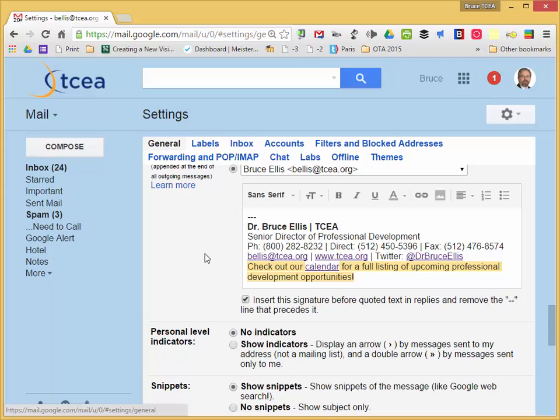Now in your signature line, you can have formatted text, you can have graphics and images and links. Now mine I keep rather simple. At different times during the year I may put a link to a special event that we have going on just to highlight it. But you just want to be careful that your signature line doesn't bloat the email that you're sending, doesn't add a lot of length to it, because if you're emailing a person back and forth